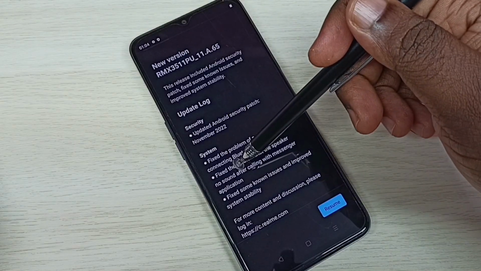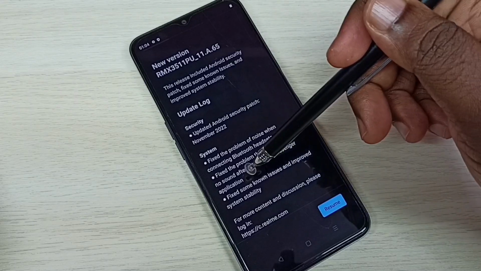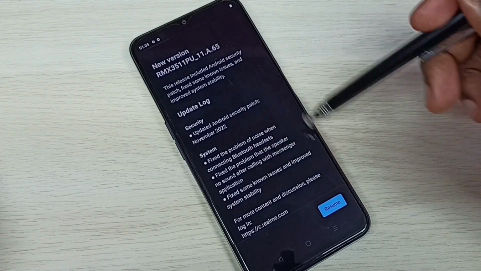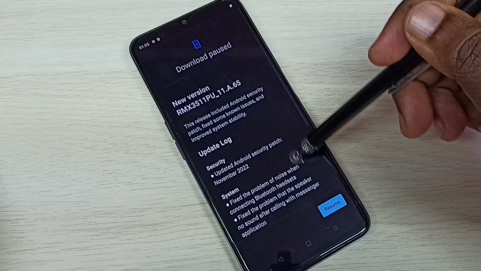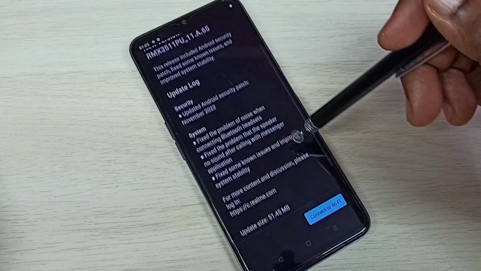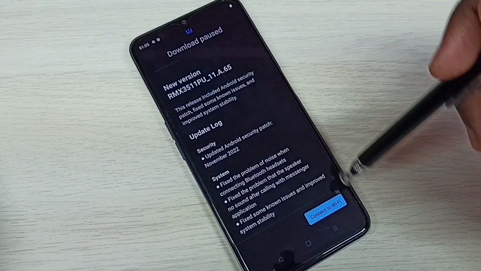So here you can see the fixed the problem that the speaker no sound after calling with Messenger application. So this software update has fixed. So we just need to download and install this software update. So we need a internet. Just enable the internet. Then